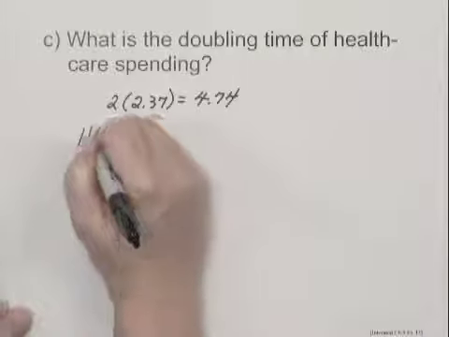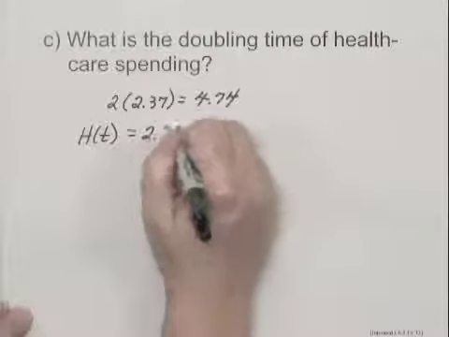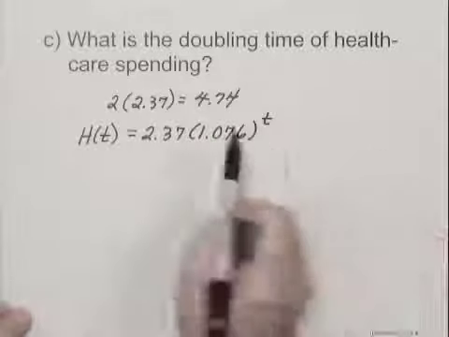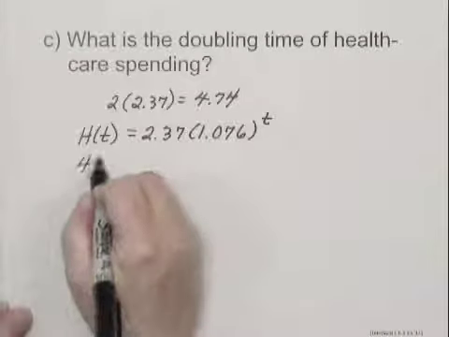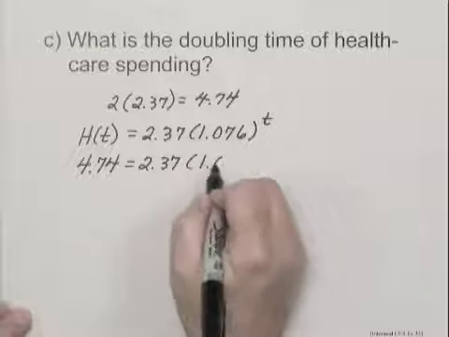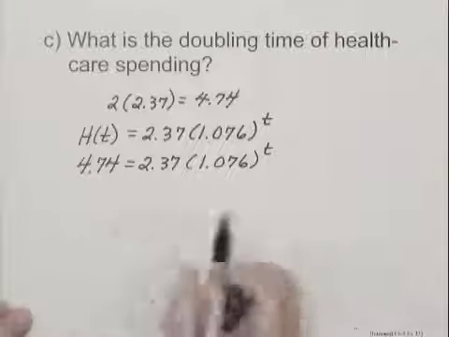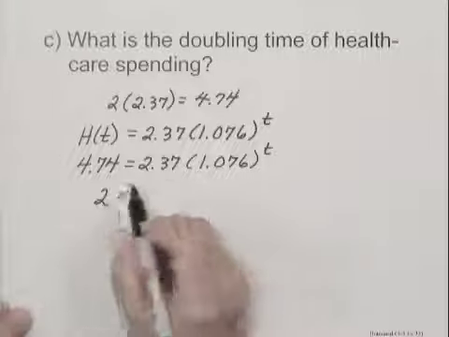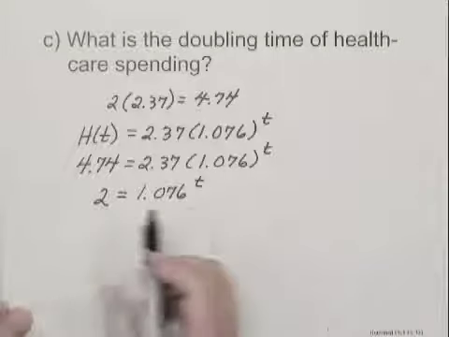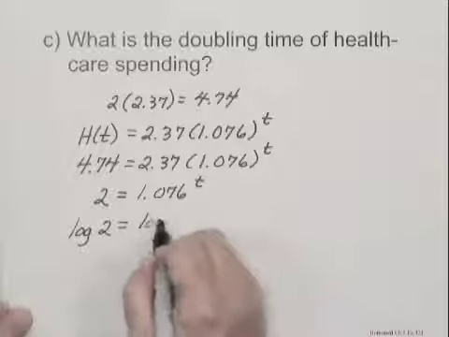Again, let's rewrite h(t). h(t) is 2.37 times 1.076 to the tth power. So substituting, we get 4.74 equals 2.37 times 1.076 to the tth power. Dividing both sides by 2.37, we get 2 equals 1.076 to the tth power. Now we take logarithms. The log of 2 equals the log of